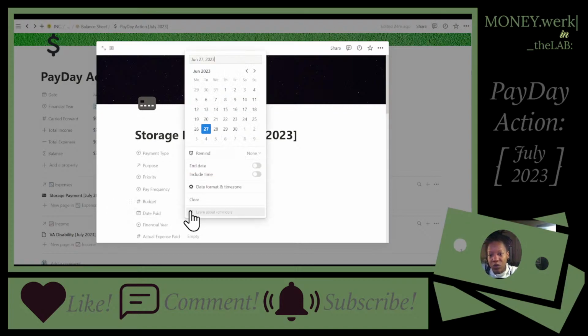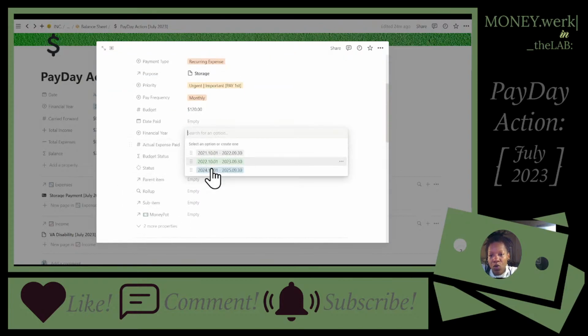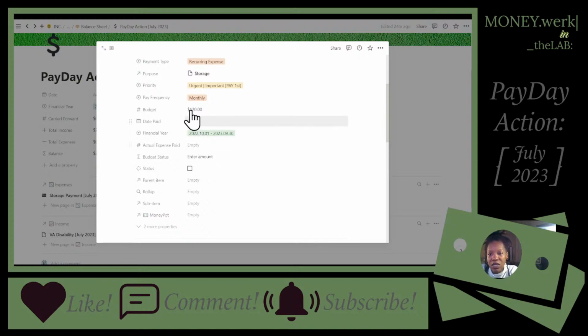Budget for that is $120. Date paid. Let's clear that because I'll come back to that when it actually gets paid. And then I'll also enter the actual expense paid. This formula will change and will tell me whether I'm over budget or on budget once the budget that's placed in here versus the actual expense paid